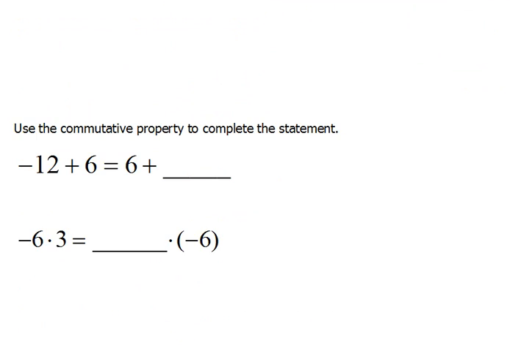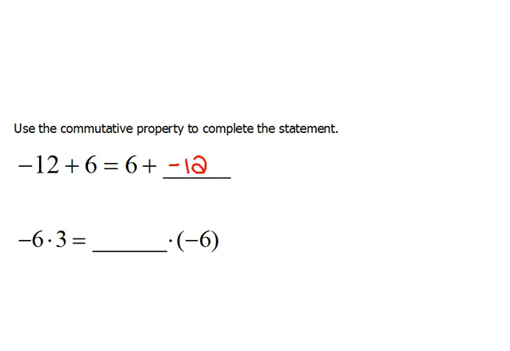Here we have an example that says use the commutative property to complete the statement. So here we have negative 12 plus 6 should be equal to, or the same as, 6 plus something. Well, that would be negative 12. It doesn't matter what order we add those things in, the answer will be the exact same thanks to the